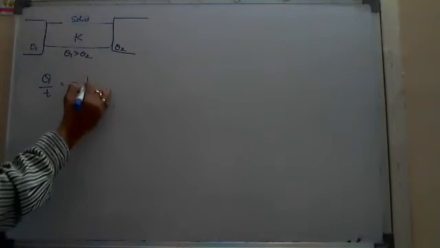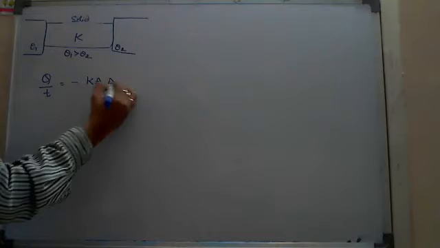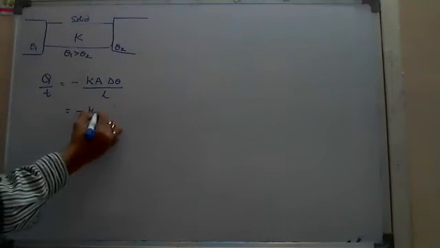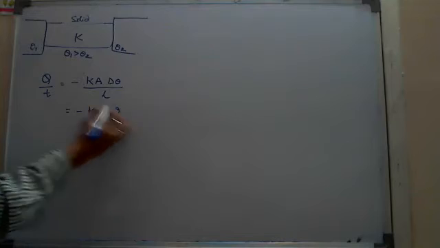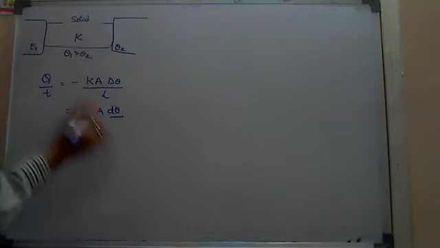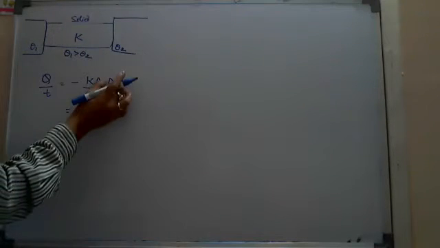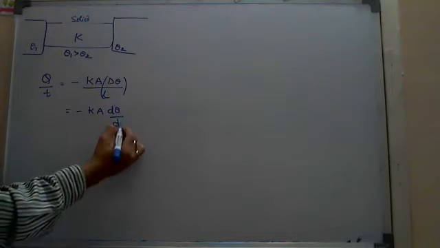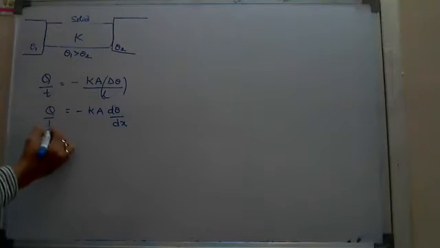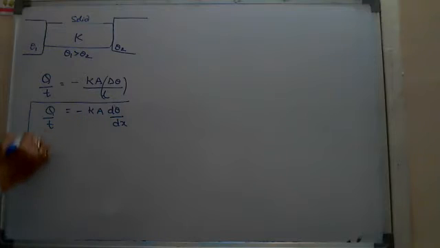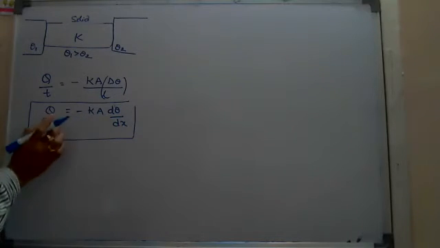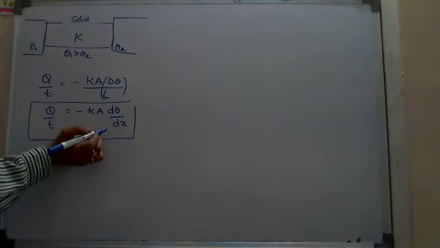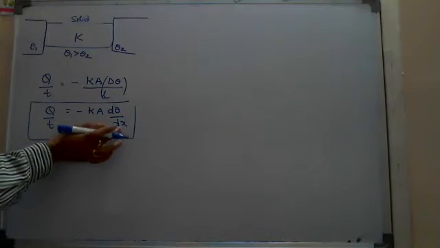K A into, generally we write delta theta, the temperature difference, by L, meaning minus K A into d theta by, suppose at one particular part, in differentiation we write delta theta by L, which is the temperature gradient, that we write as d theta by dx. I think you know it. Here, when you write the equation in the differential form, we have to integrate this part by taking dx